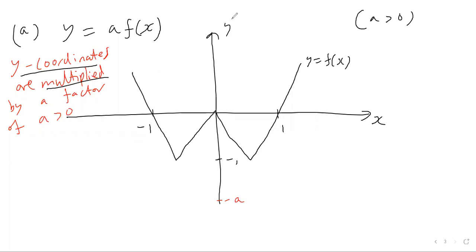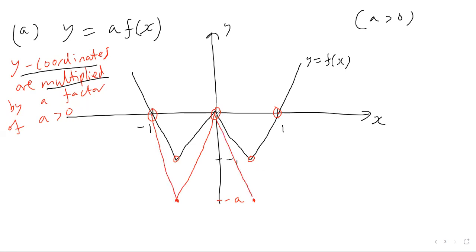So there's a stretch in this graph parallel to the y-axis. What we would get then is multiplying all of these y coordinates by a. If we've got a y coordinate there, -1 and -1, we're going to multiply by a, so we get -a there. So our new coordinates are going to go to there. Now, how about multiplying the y coordinates there and there by a? Well, 0 is the y coordinate there, 0 is the y coordinate there, 0 times a is still 0. Same thing here, multiply the y coordinate 0 by a, you get 0 again. So actually we're going to get a graph which kind of looks like this,